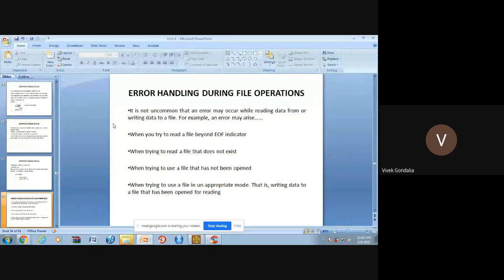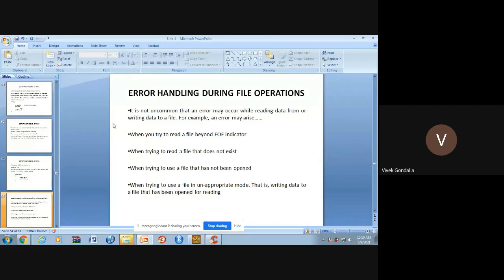So first let me show you in which type of situation we will get the error. If there is a syntax error, then it is a program error. But suppose in some cases my program is totally 100% right, and there is no syntax error.